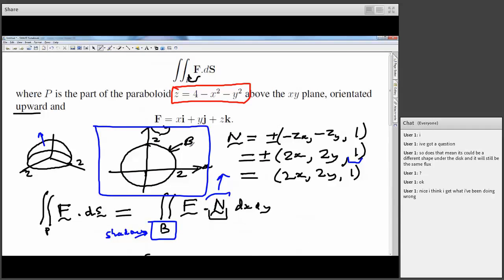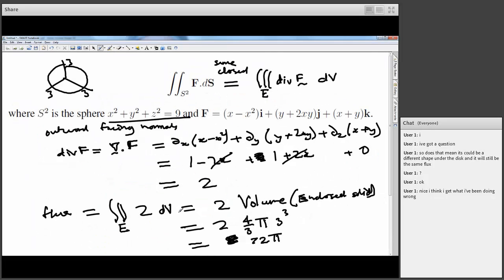So you could have done this approach in all the previous cases too. So why didn't we? Why do we use the high-level theorems? If you think back to this first one, you're running over the sphere. To work out the whole sphere, you have to split. If you wanted to use that approach, you either have to parameterize in terms of spherical coordinates, which you probably don't know very well, and therefore that's going to take you some time. Or if you don't use spherical coordinates, then you're really going to have to split the surface up into 2 bits, so the top hemisphere and the bottom hemisphere, parameterize in terms of x and y's,